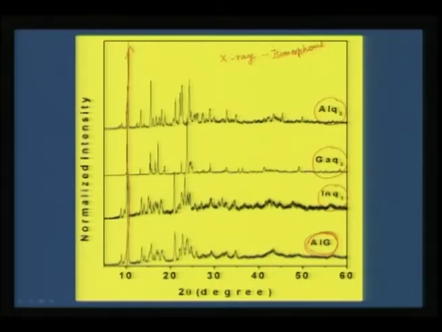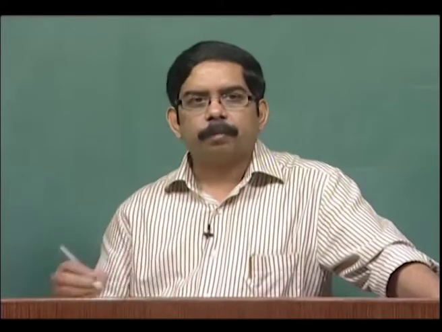If you look at aluminum Q3, this has more PL efficiency compared to indium Q3, because as you go down the series the PL efficiency goes down, whereas if you look at the mobility, as you go up the series the mobility decreases. In other words, mobility of the charge carrier is much better in indium Q3, whereas the PL efficiency is low, whereas in aluminum the PL efficiency is much better, whereas the charge mobility is comparatively less because of the ionic size and because of the electropositive character.